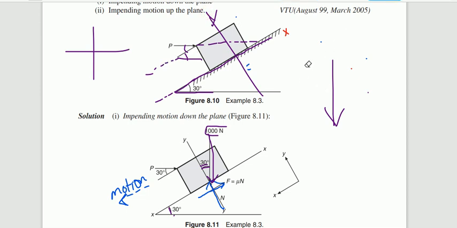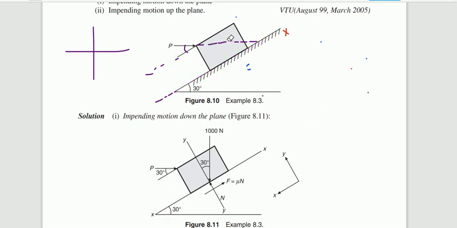So now the free body diagram is ready. You need to apply the equilibrium condition. Have you understood how to draw the free body diagram and the number of forces acting on a block? Yes, ma'am. Okay. So now the free body diagram of the forces acting on the block is ready, so you can easily apply the equilibrium condition.